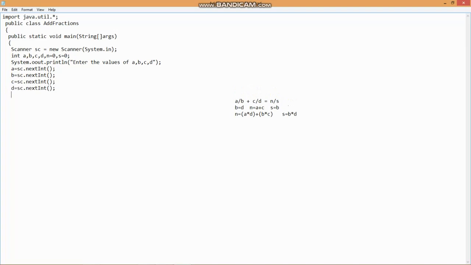What we have to do now is the main calculation over here. So what I had told is, if the denominators are equal, that is b equals d. When you're checking equality in Java, you'll have to use double equals. So when b is equal to d, open the brackets. Then what you'll have to do is